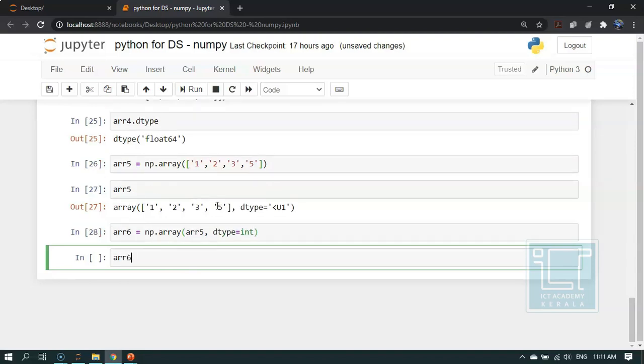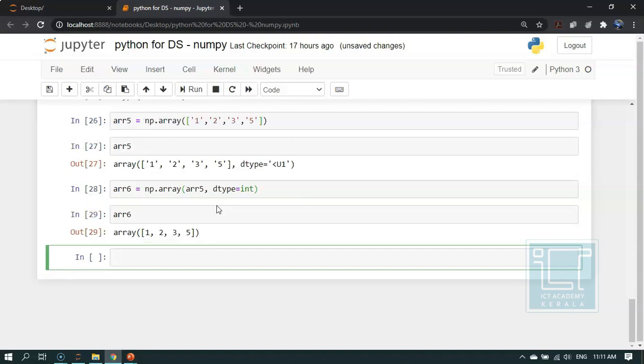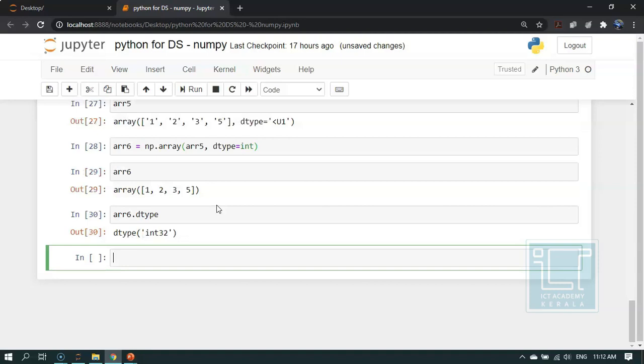Now if I check arr6, it is an array 1 2 3 5. You can see that the single quotes are no more. And if we check for the data type, you can see it is converted into an integer.